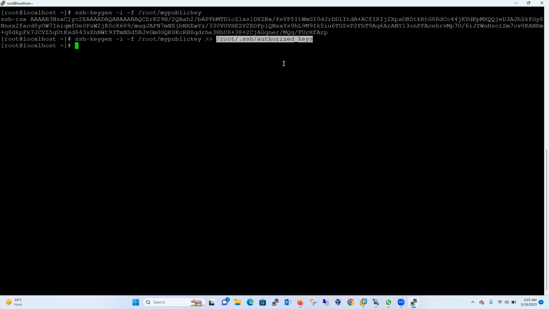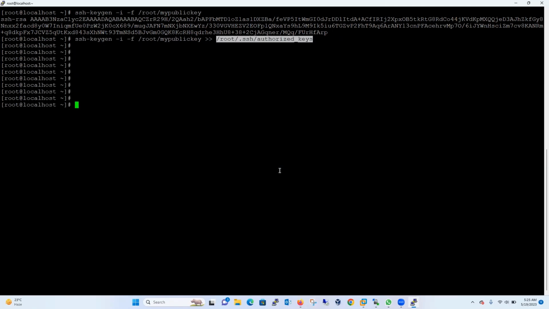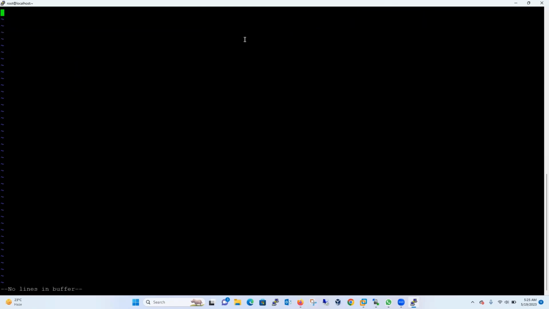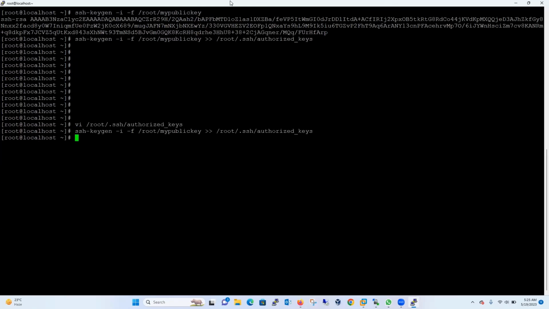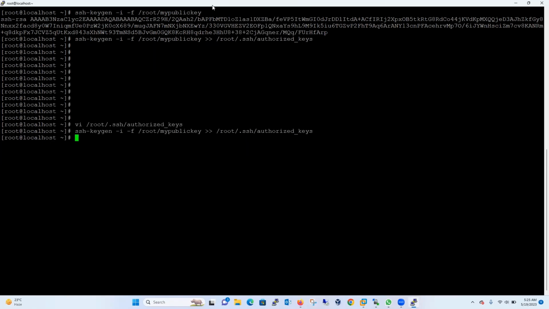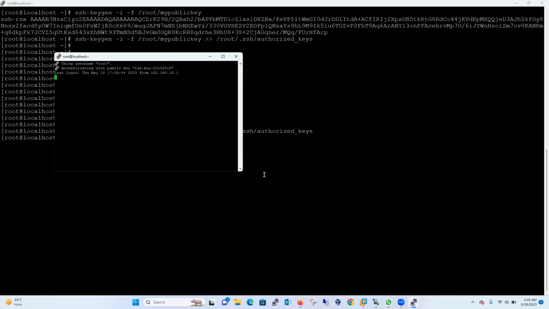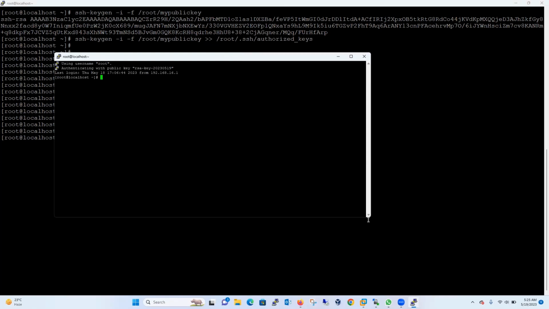Just bear with me. I know it's complicated, but I want to show you a scenario that we can discuss in detail. So now I can open a duplicate connection. I may have two keys available. So let's open a new connection, new session, to my lab CentOS. When I try to log in, it is saying